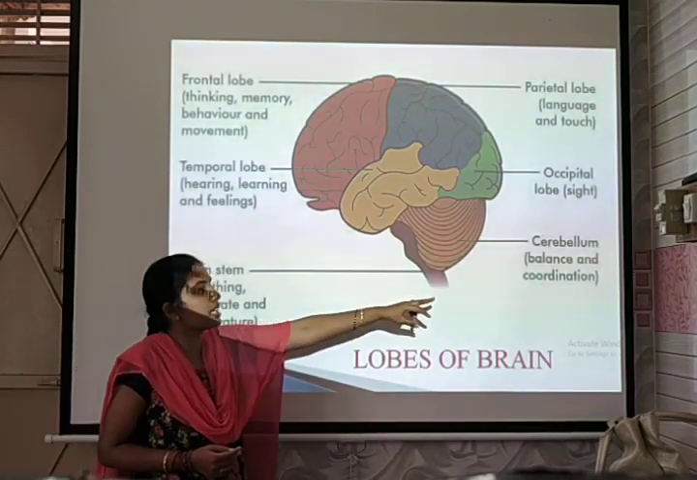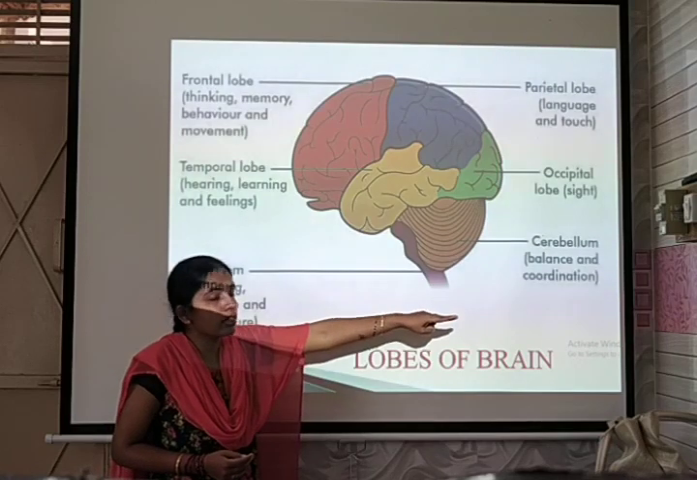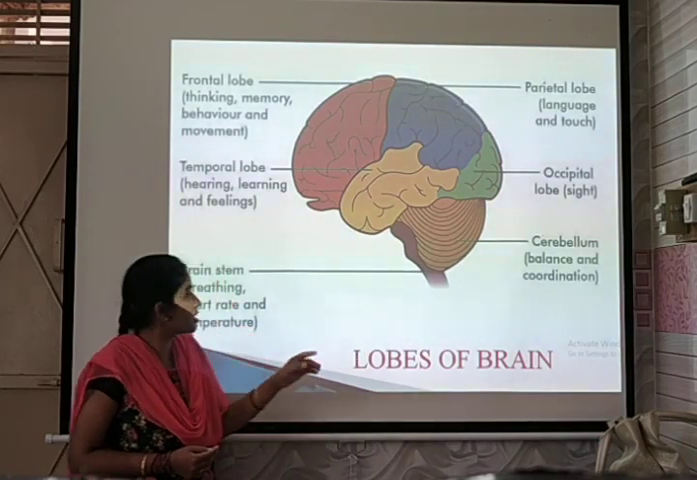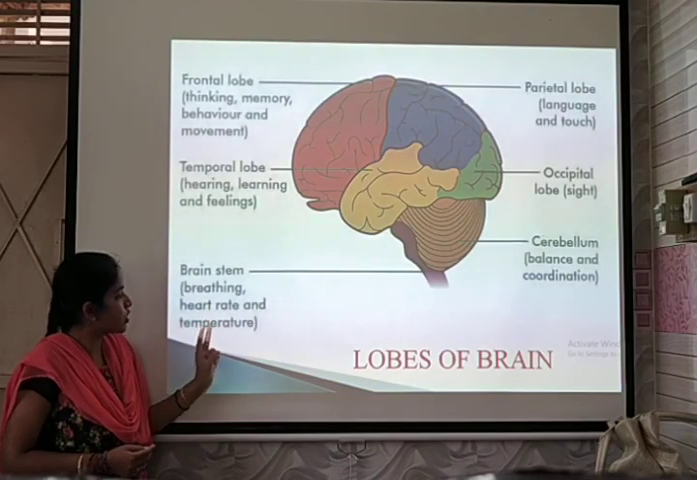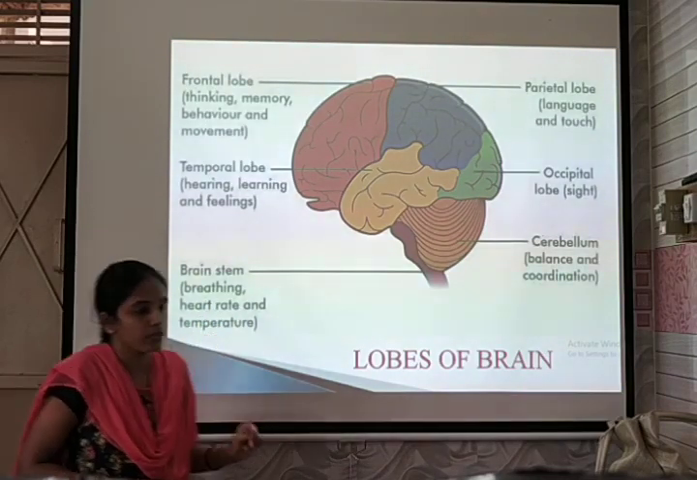Whereas the cerebellum is helpful for the maintenance of body balance and coordination of most of the endocrine glands. Whereas the brain stem is helpful for controlling the breathing rate, heart rate and temperature of the body. So next one,